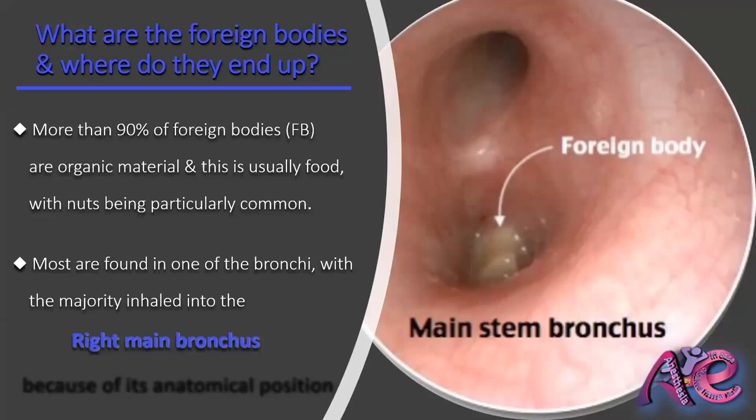So before going for intervention and how to anesthetize this patient and conduct anesthesia for this patient, we have to know a little information about foreign bodies. What are foreign bodies and where do they end up? More than 90% of foreign bodies are organic material, usually food, with nuts being particularly common. Most are found in one of the bronchi,